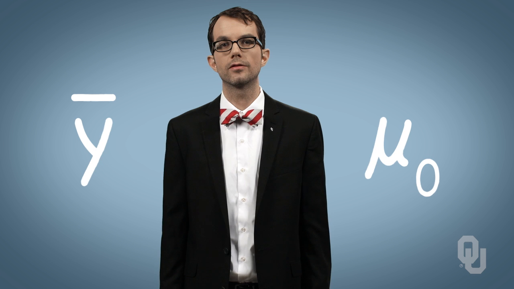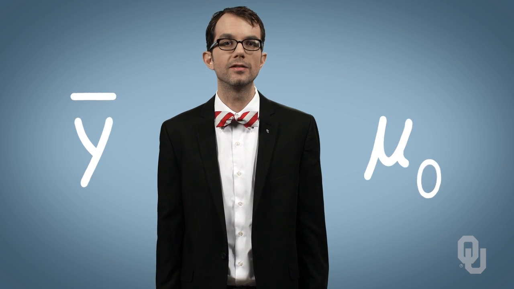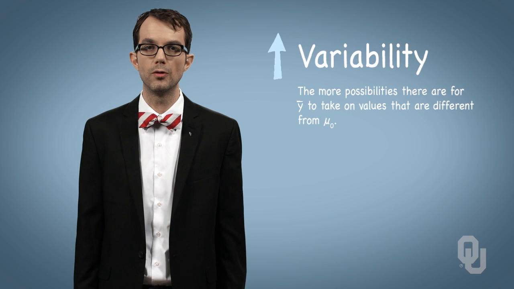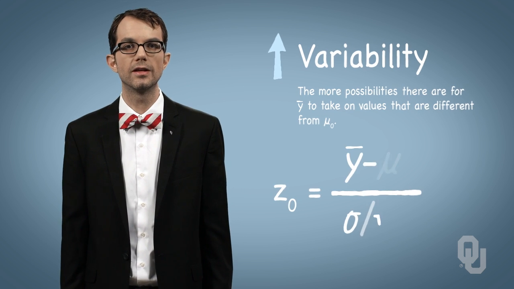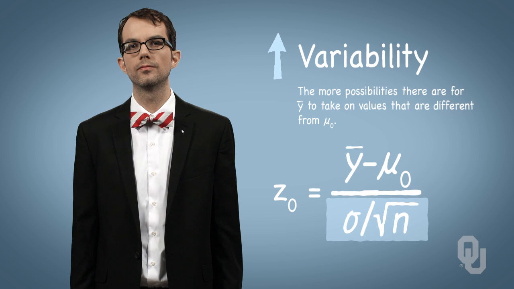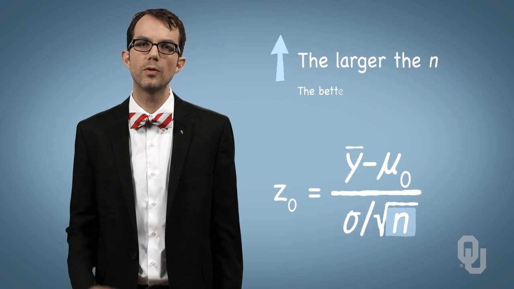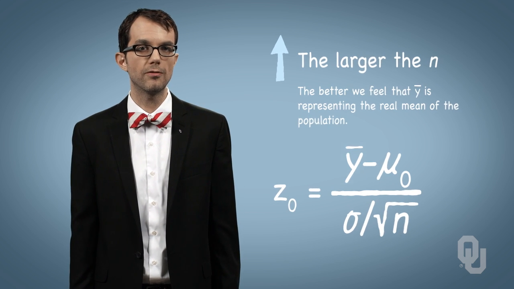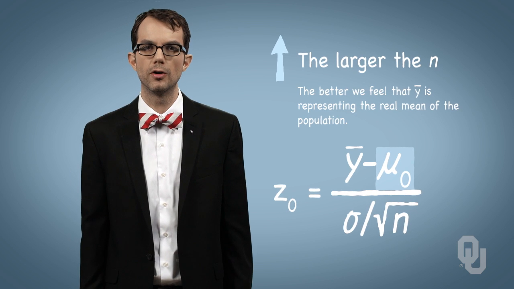Remember, we can't just make a decision about a hypothesis based on y bar alone. It's a random variable. We need to account for how dispersed the data are. If the data are really dispersed, y bar could be quite a bit different from mu naught, and we might still be convinced that the mean is indeed mu naught. That is, the higher the variability, the more possibilities there are for y bar to take on values that are different from mu naught. Putting sigma over root n in the denominator helps us account for this variability. Also, the larger the n, the better we feel that y bar is representing the real mean of the population. So if y bar is really different from mu naught, maybe mu naught isn't the real mean and we should